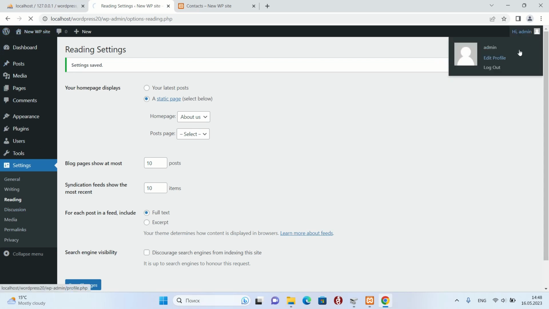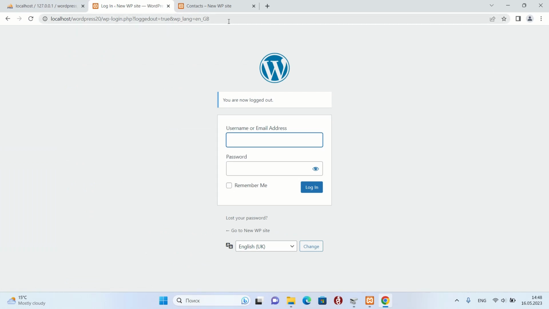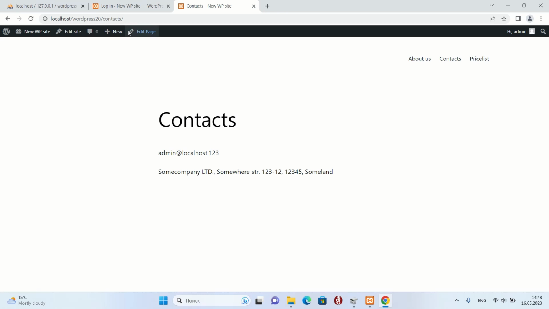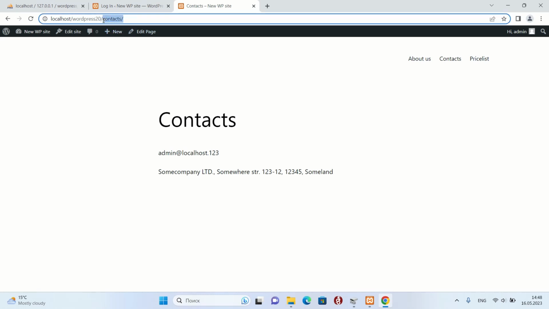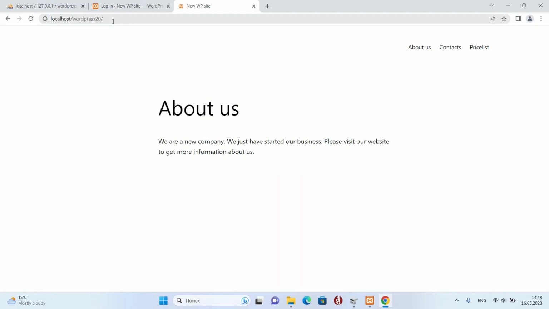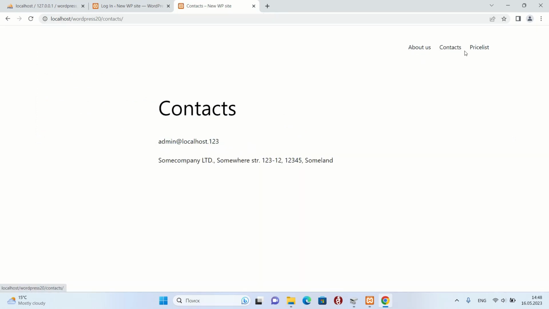Now you can exit the WordPress management system and see how the site looks for a simple visitor. As you can see, nothing more.